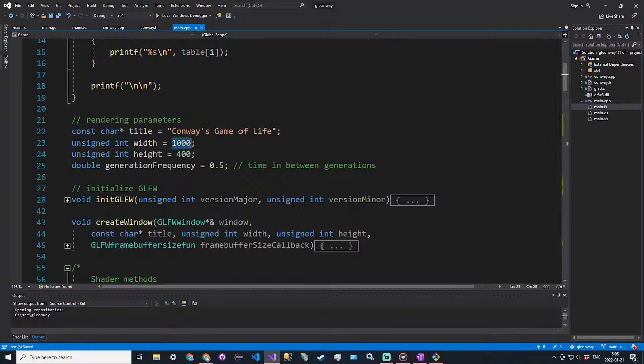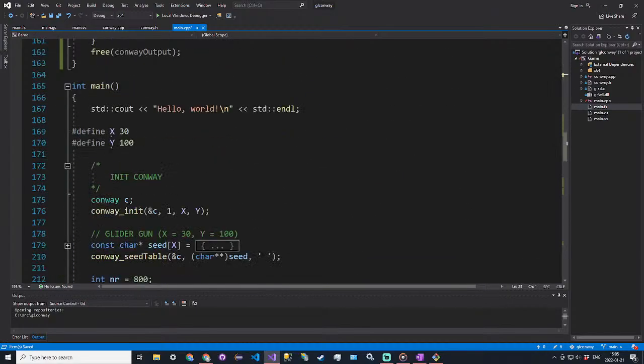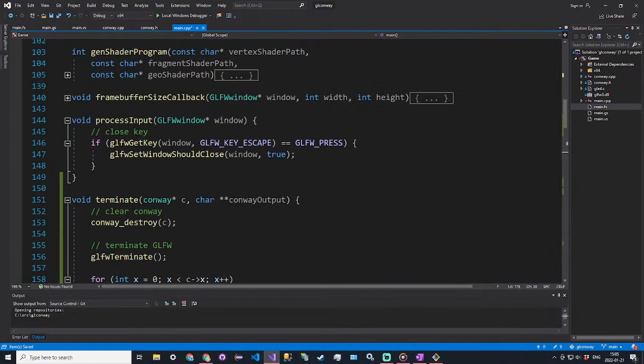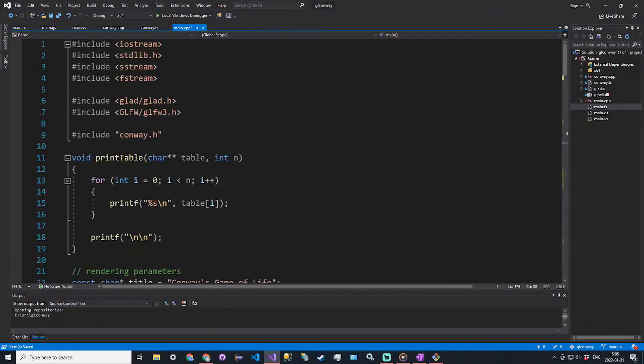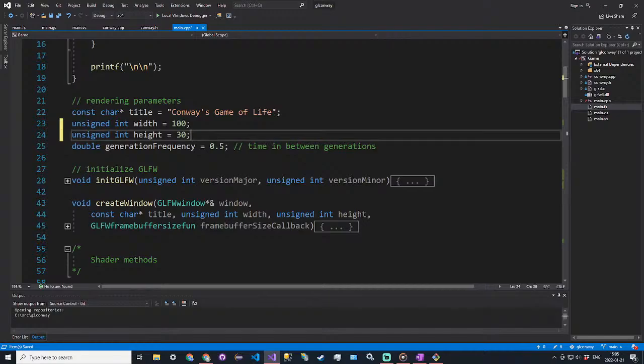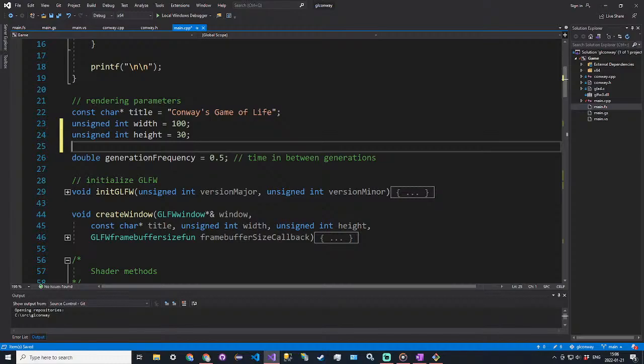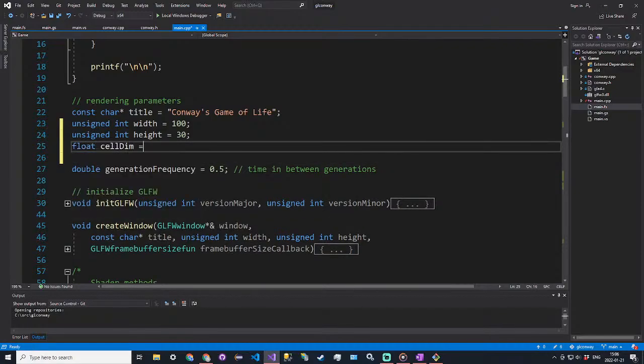I'm still trying to figure out a better, more proper way to do the width and height here, because I don't want to do the defines, but I have to for the array. It's not allowing me to do a constant unsigned integer, but I will try. Alright, so that's the parameters there for the width and height, and then we also want to specify a cell dimension. So this will be the size in pixels of each cell. So it'll be a float value. Cell dim is equal to,